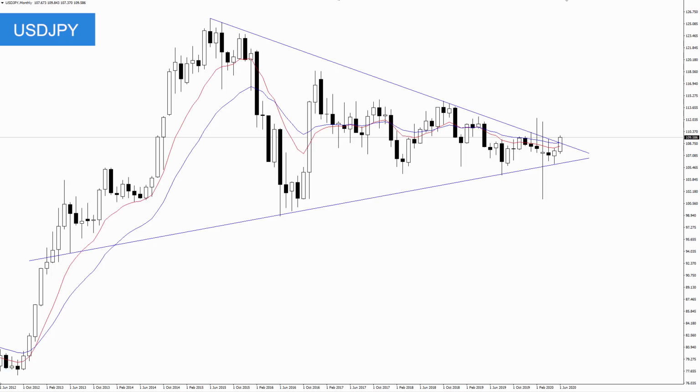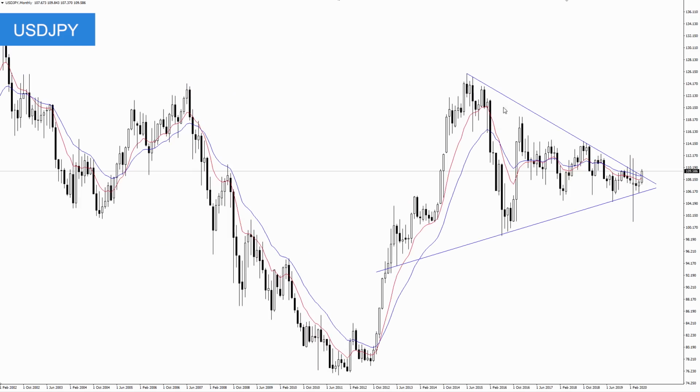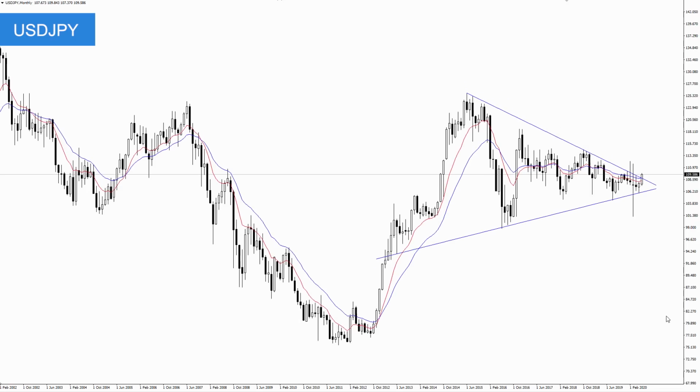Furthermore, on the monthly time frame, if you'll notice, there is a good chance that all of this price action over the last 20 years has created an inverse head and shoulders. So I talked about this before, where we have a potential left shoulder over here, we have the head of the pattern, and then we have a potential right shoulder. Even this March volatility tested the bottom of that right shoulder. So if we do see this wedge pattern break higher, 109 breaks on a monthly closing basis, and we do move back to that 124 area, that would be the neckline of this potential inverse head and shoulders pattern.